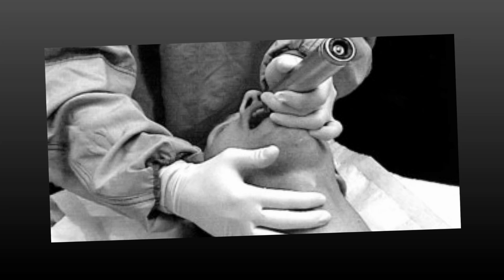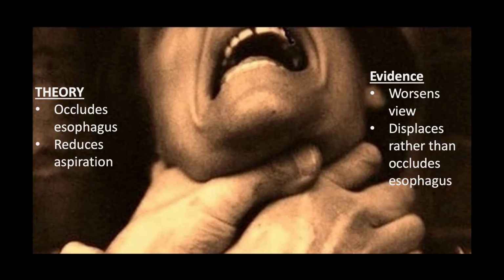This is a really important maneuver when you are unable to achieve an appropriate view, and it's important for you as an intubator to be using your non-dominant hand because your assistant cannot visualize what you're seeing when performing your